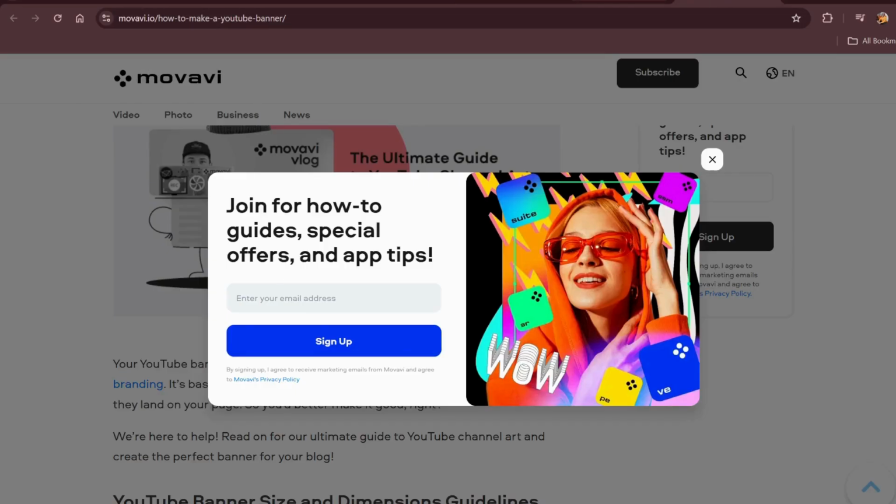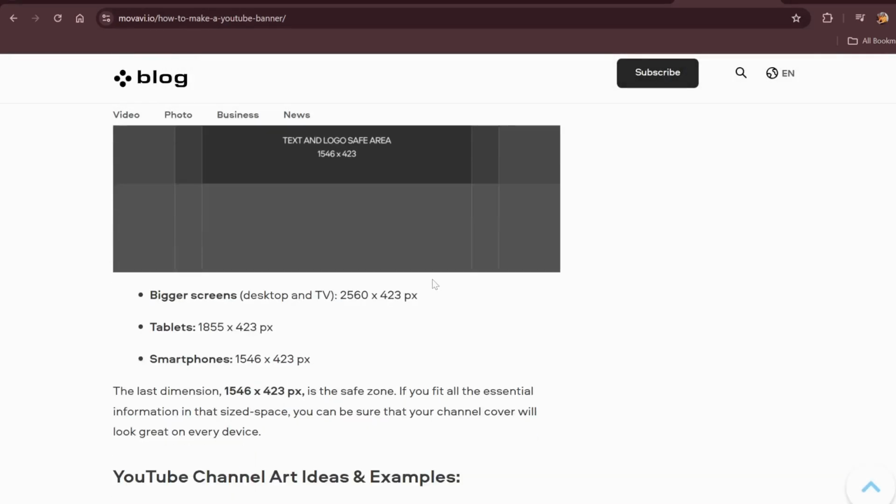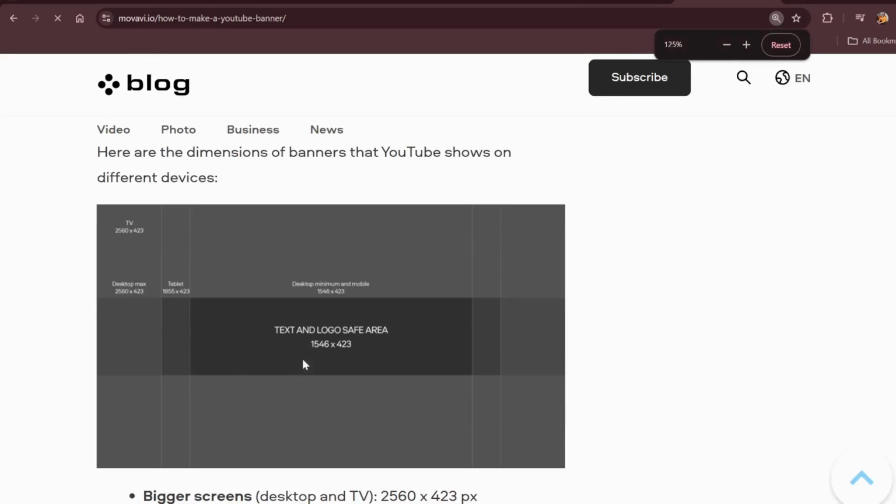So let's look at this image again. If you look at this image very well, you will see here they write text and logo safe area. So it is only this place that has this black one that is very black. That is the only place that you should put your text and your logo, because when you upload it into YouTube, that is the only place that will be viewed on your mobile and even on the laptop. It is only when someone is using it on the TV that this bigger part will show. Even when I watch YouTube on my own TV, the bigger part still doesn't show. It only shows